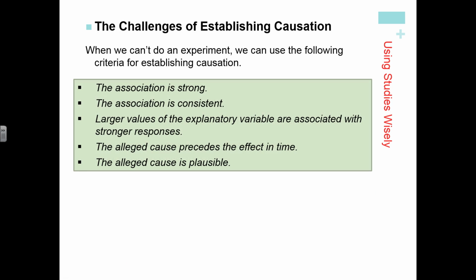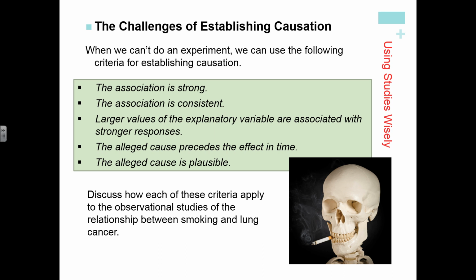Alright, so a lot of times we want to run experiments that seem worthy and they seem like a good decision, a good choice, but oftentimes it's not ethical, or just doesn't make any sense to do the experiment. So for instance, let's say I wanted to run an experiment to see if there was a relationship between smoking and lung cancer. Well, there's a couple problems with that. How can I have my treatments? What would my treatment be? My treatment would be, this group would have to smoke cigarettes and this group would have no cigarettes, and I'll see whether or not the first group gets lung cancer.